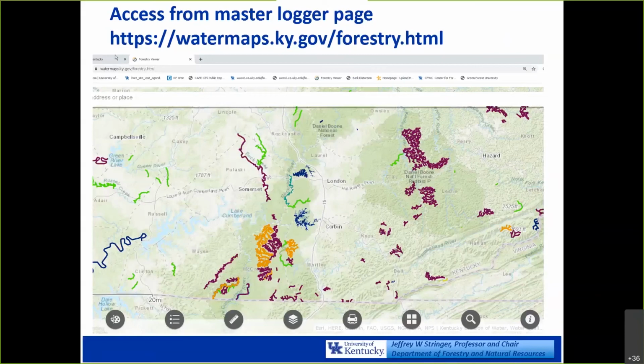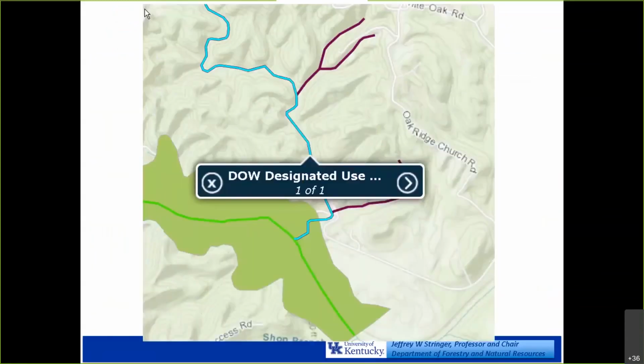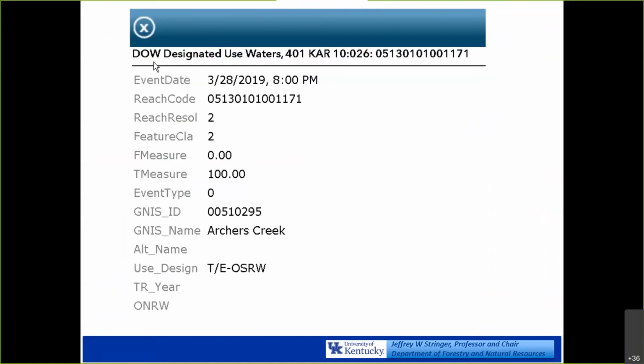All those different colors represent streams that have different things going on, whether they're cold aquatic habitats, whether they're wild and scenic or not, whether the maroon color is an OSRW that has a T&E. So if you zoom in, you can find one, you can hover over it, you can click on it, and it'll tell you what's going on, and it'll give you the name of the creek, Archer's Creek. In this case, it's telling you it's an OSRW because it has